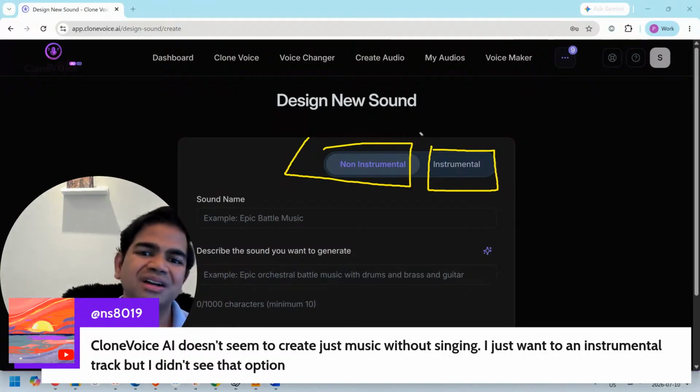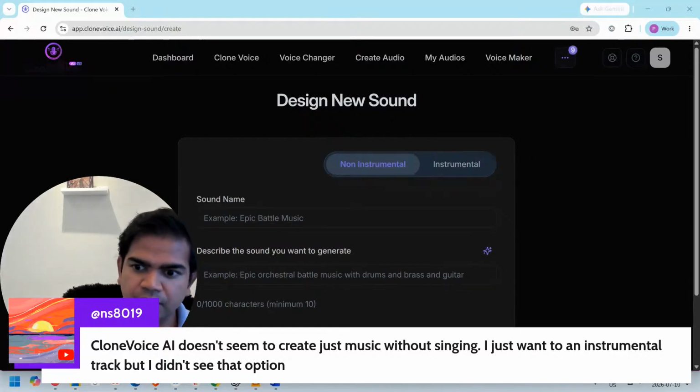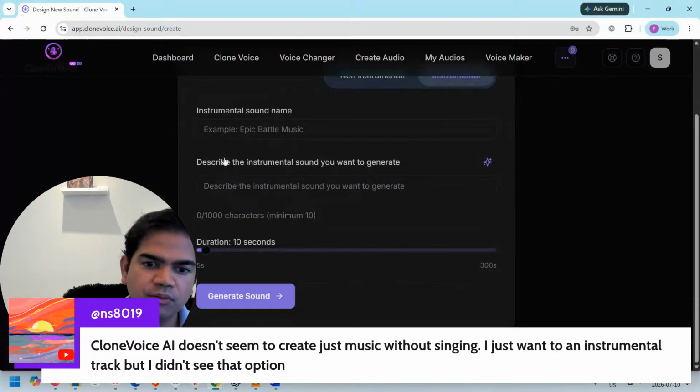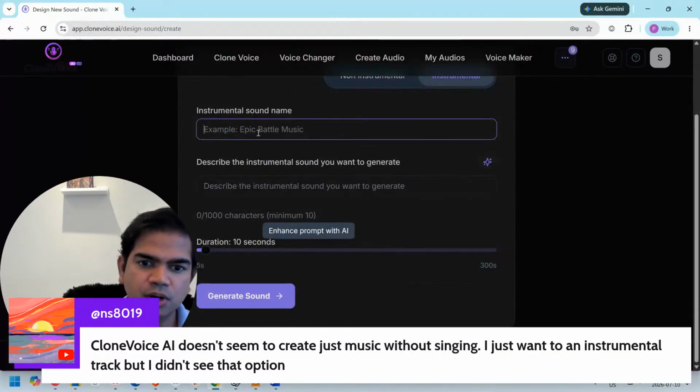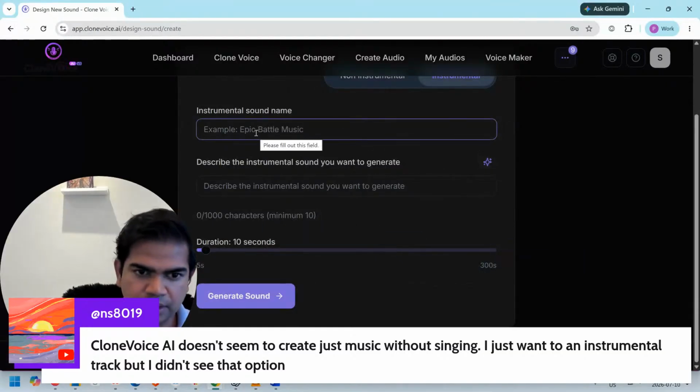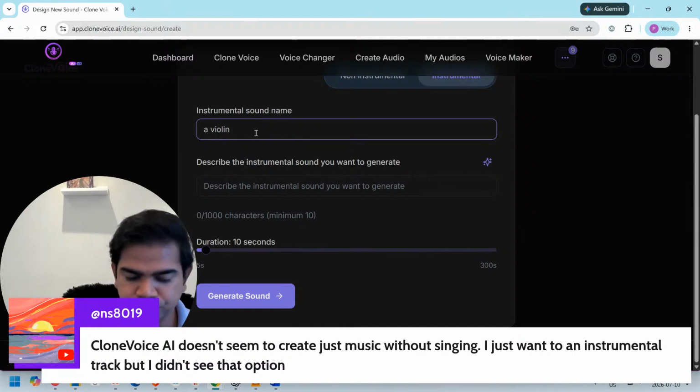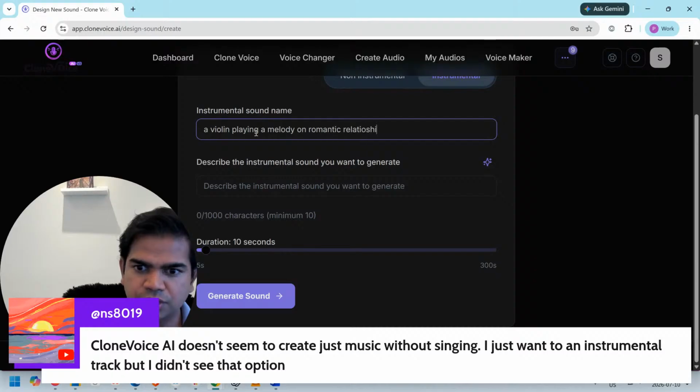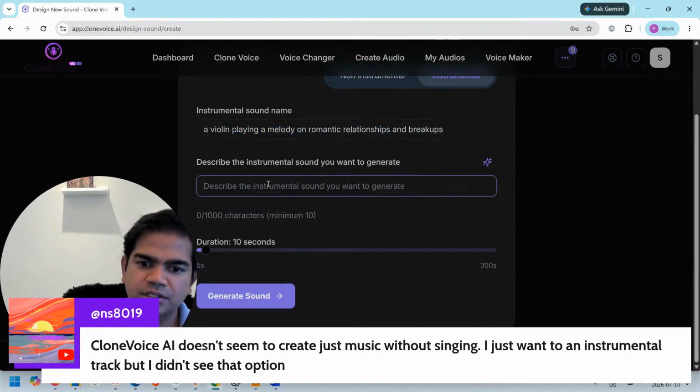Non-instrumental could be like, let's say, an epic battle music or sounds, right? Like you want a lion roaring sound or something. Then you click on instrumental. Here you can describe what instrument you have. So for example, let's say the instrumental is a violin playing a melody on romantic relationships or something, right? And breakups, right? And then you can click on this enhance